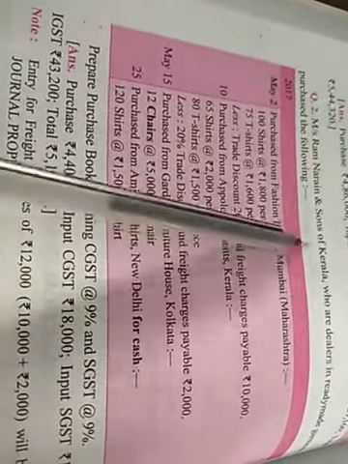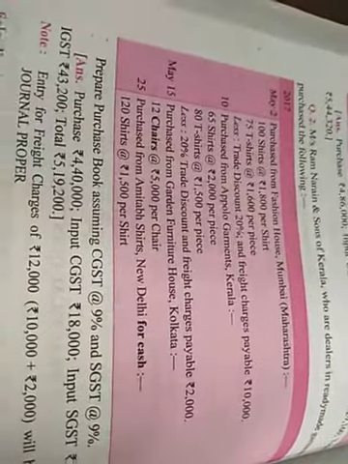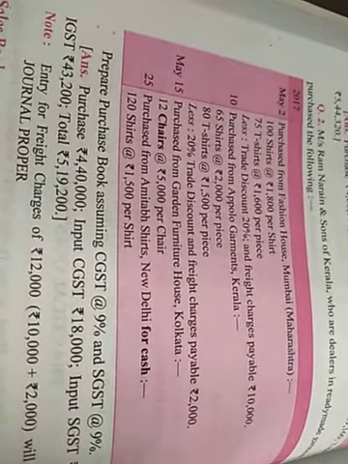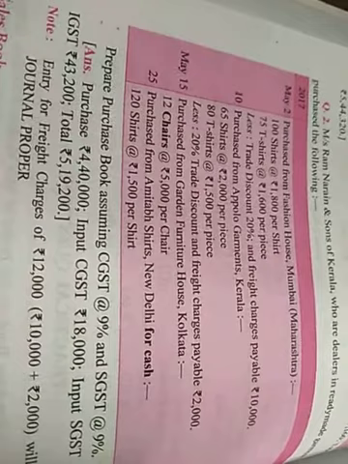So all the purchases that you make inside Kerala, inside the state of Kerala, will be entered into CGST and SGST. The rate of GST will be divided by 2. Half of the amount will go to CGST, half of the amount will go to SGST. But if you make any purchase which is from outside Kerala, that will directly go to IGST. The full amount of GST will go to IGST. It will not be divided between CGST and SGST.